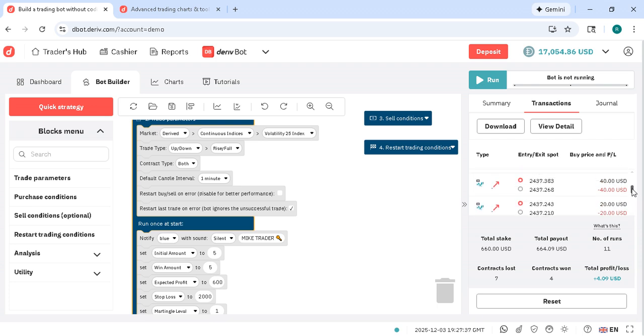1, 2, 3, 4, 5, 6 losses. The 7th one was a profit, and overall you are on profit. I think that's the only advantage I see with a bot. But the disadvantage is that the system can manipulate the market, especially